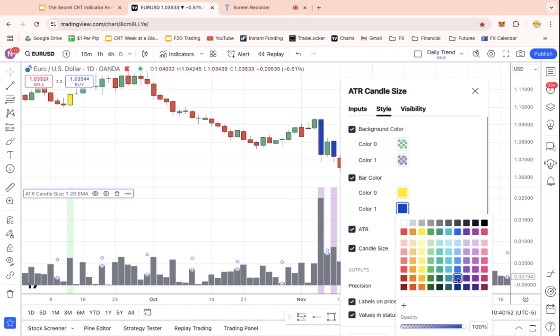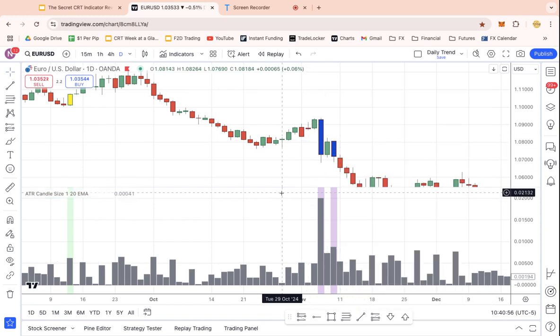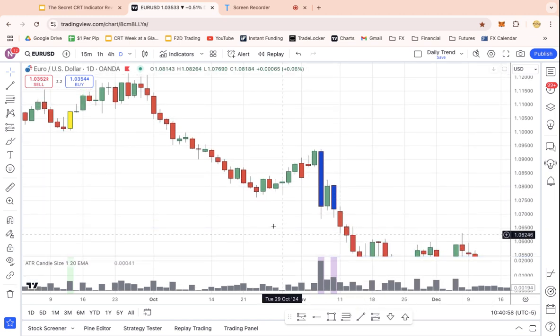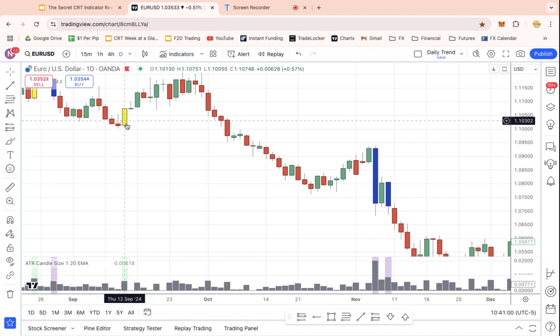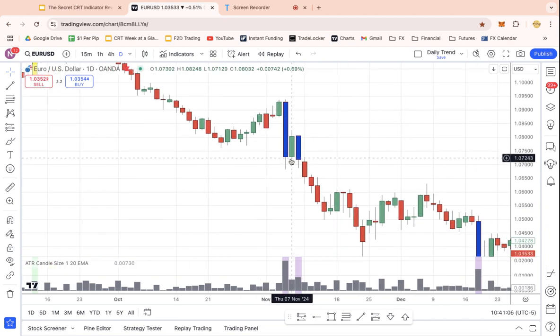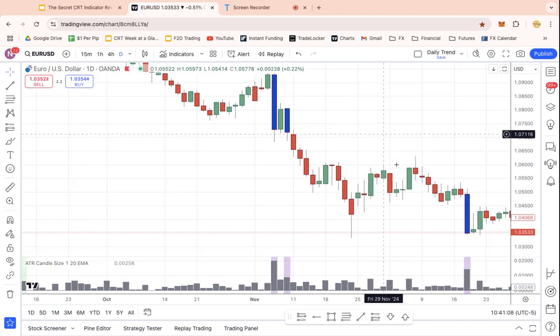Blue like this or so. Yeah, that'll be fine, but again, you can make it whatever you want. So like that. Okay, so once again, now when I see bright yellow, see how they stand out? I'm thinking, okay, I want to go short based on the candle range. And then when I see blue, I may want to go long based on the candle range once I see